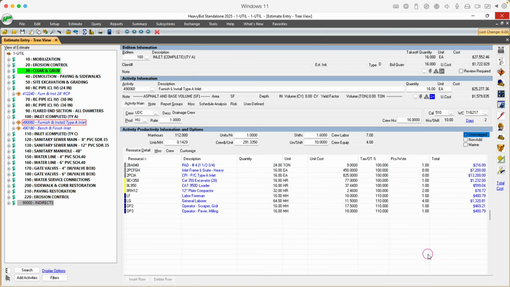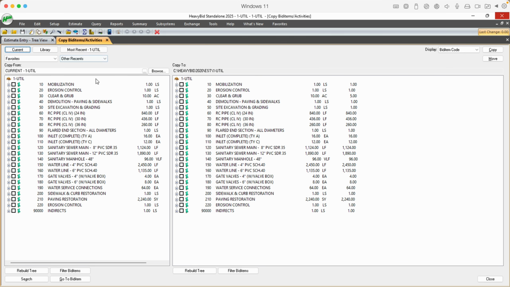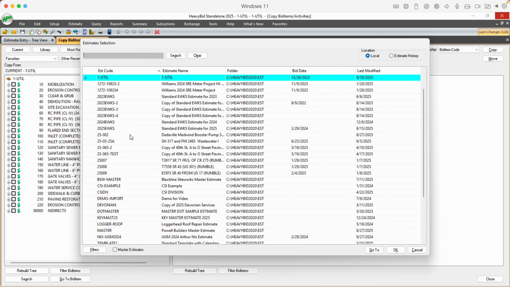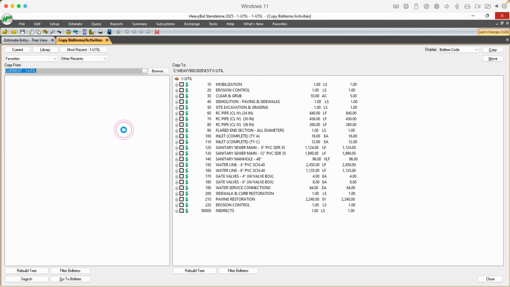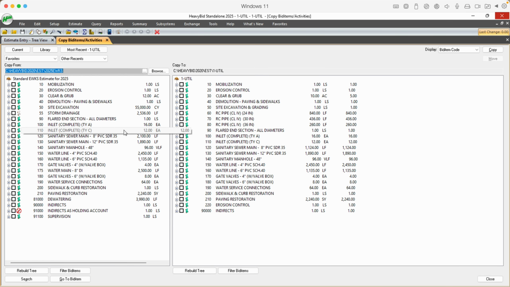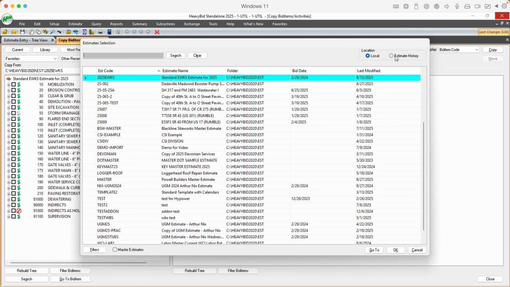Let me show you now one that's super critical that I really don't see why companies would not have this turned on, which I'm talking about is estimate history. And that's when I'm copying from other estimates. So typically an estimator will come in here and he's looking for something. He'll click this and he sees all these estimates right here, but he's not sure where the item is. So he just starts poking around, wasting time. He doesn't have to do that if he has estimate history turned on. All he has to do is click here, go to estimate history,